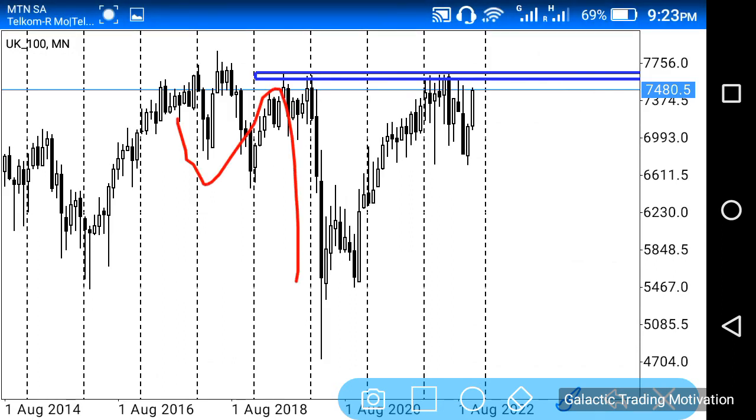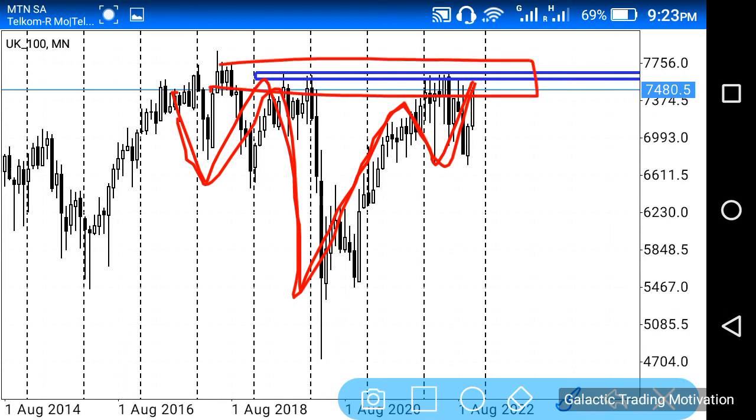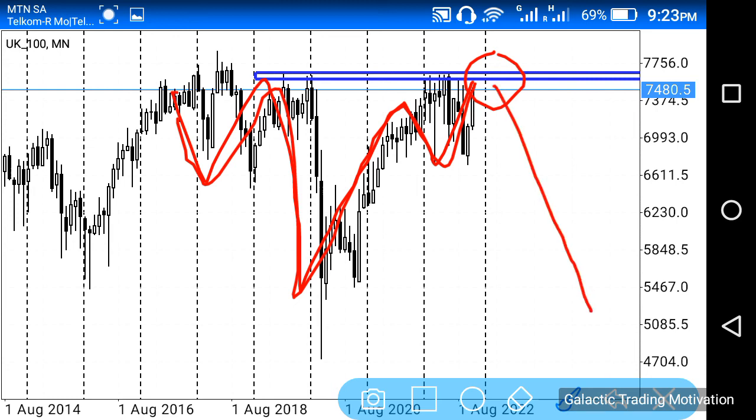and as much as I've said that we have this pattern over here, which is what we call an inverted head and shoulders pattern, which has a neckline at this point, what may actually happen is price may at this level bounce and push further down, right? And we might potentially see price move to this level over here, or rather yeah, this level over here,